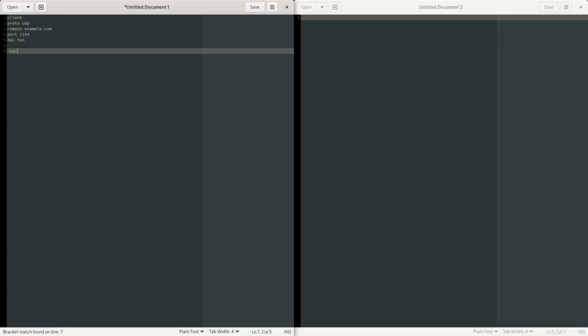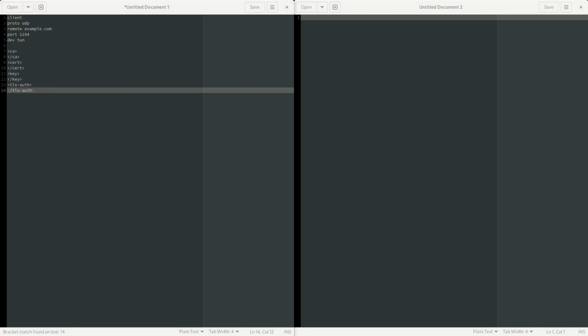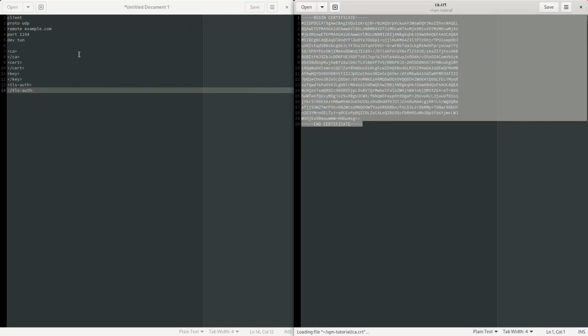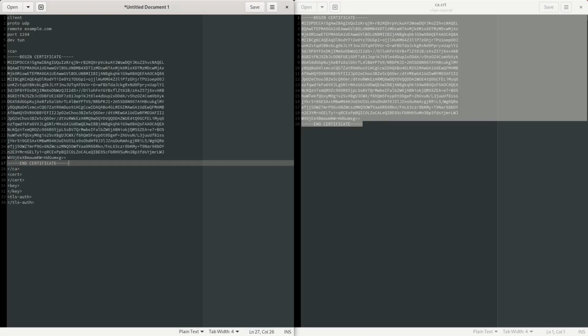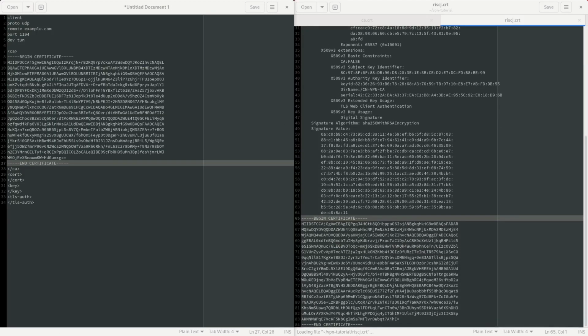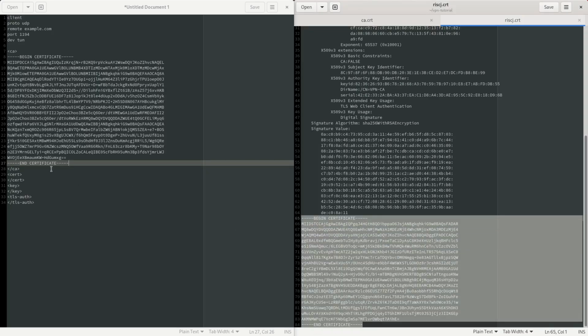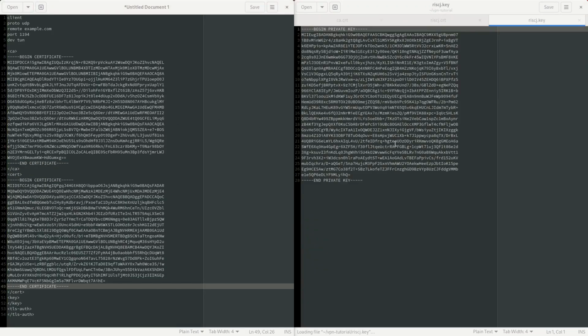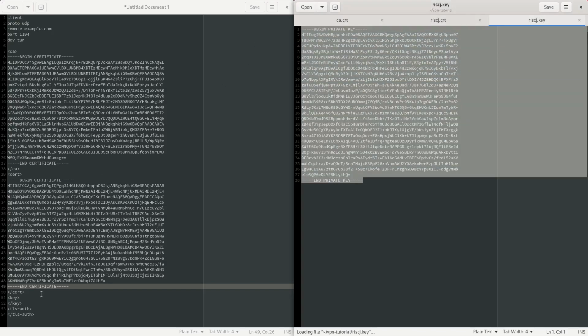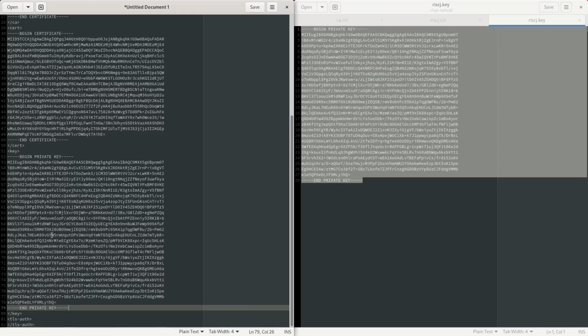Next, we'll need to set up these sort of HTML-like tags. One for the CA certificate, one for the client certificate, one for the client key, and one for the TLS auth key. And then I have those files here, and we'll just copy them in between these tags. So there's the CA certificate, here's the client certificate, here's the client private key,